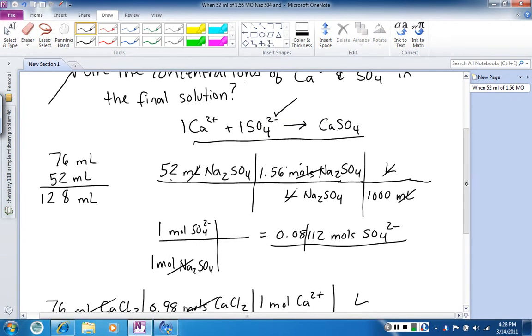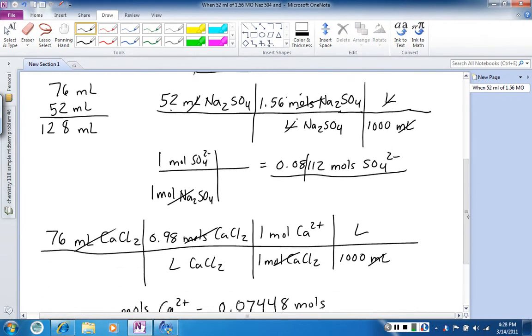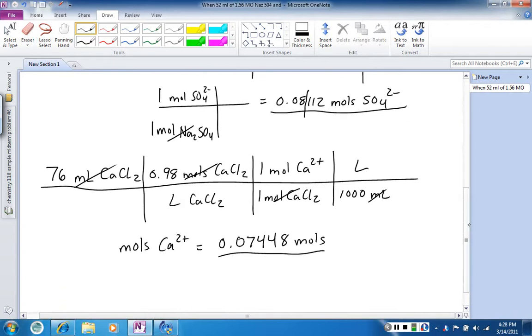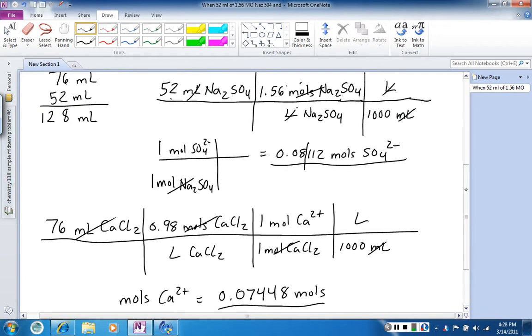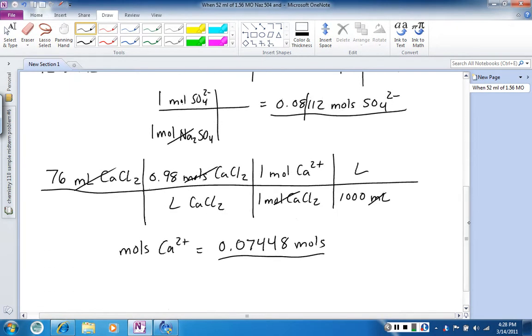So it's easy to tell that calcium 2 plus is going to run out. So what's going to be left over? Right away you know calcium 2 plus should be 0 for your answer, because it asks you for both. To figure out the other one, you simply take the difference,